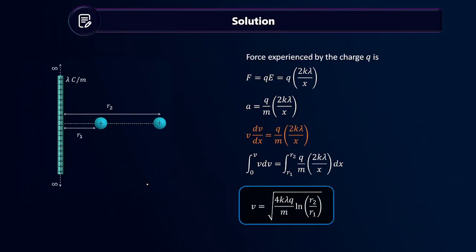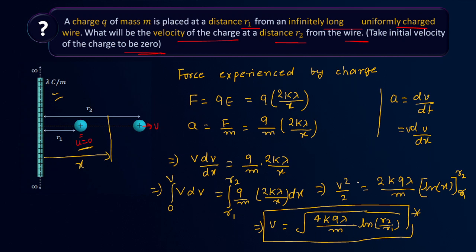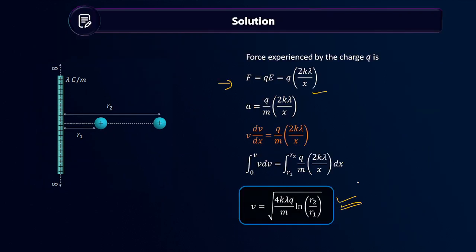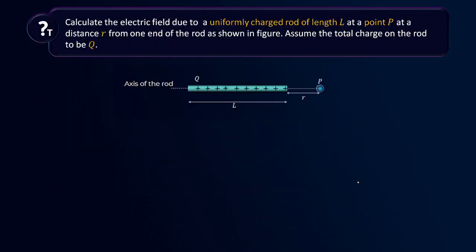So, simple force we can write as q into E, and we can put the values and then simplify. Why have I given this typed format? So that it looks good. First we will solve step by step, and then the same thing is given in this printed format. Okay, so let us move forward. Let us solve one more question.